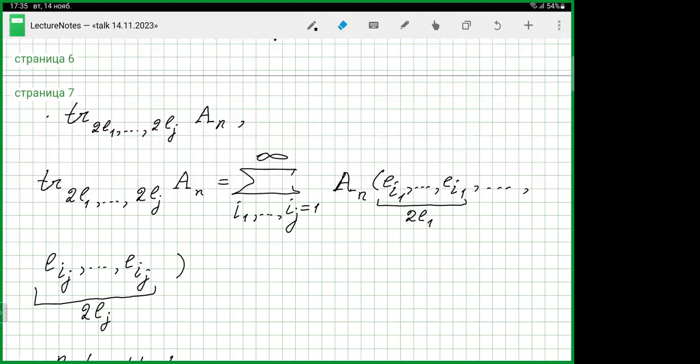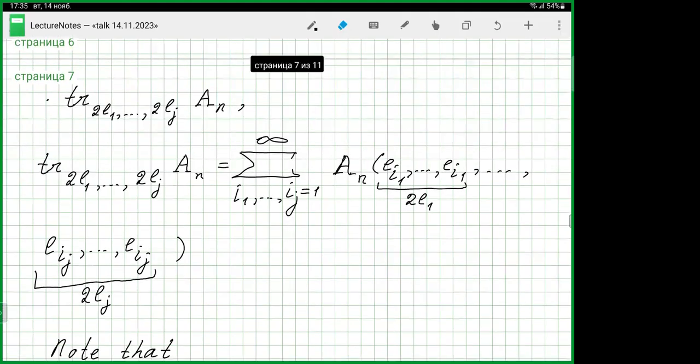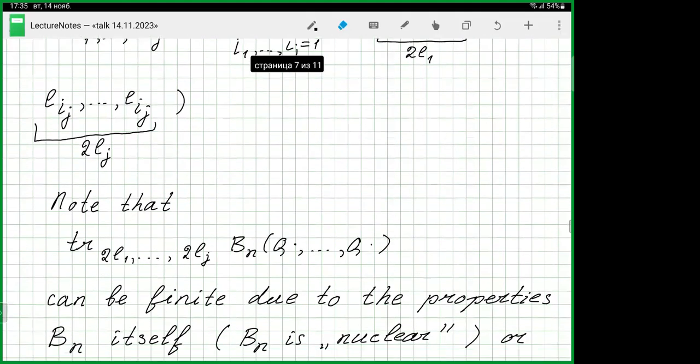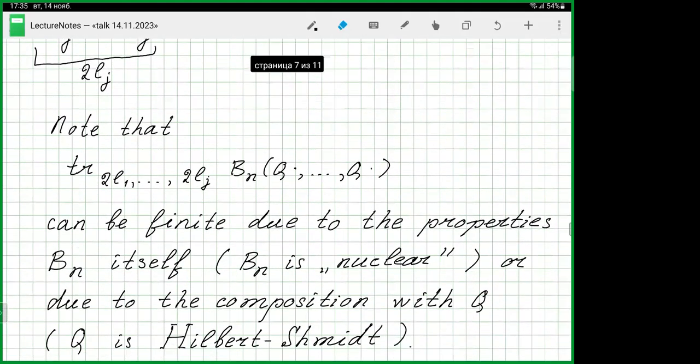So we have to be careful with the limits. But one can guarantee that this trace is finite,